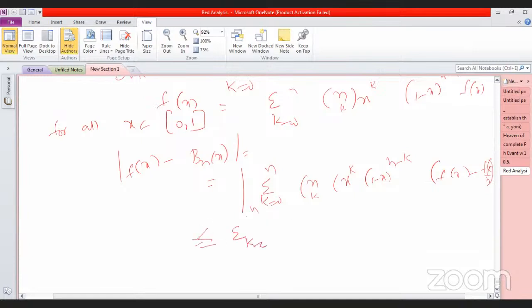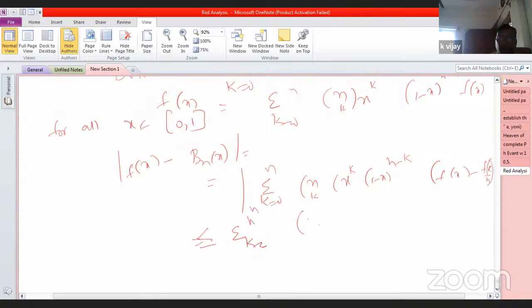Summation k from 0 to n, nCk x^k (1−x)^(n−k) |f(x) − f(k/n)|. So this is the value again that I have written here. So therefore, since f is uniformly continuous,